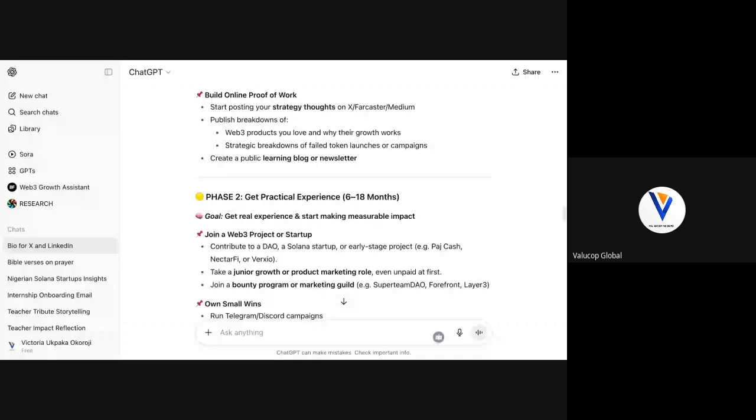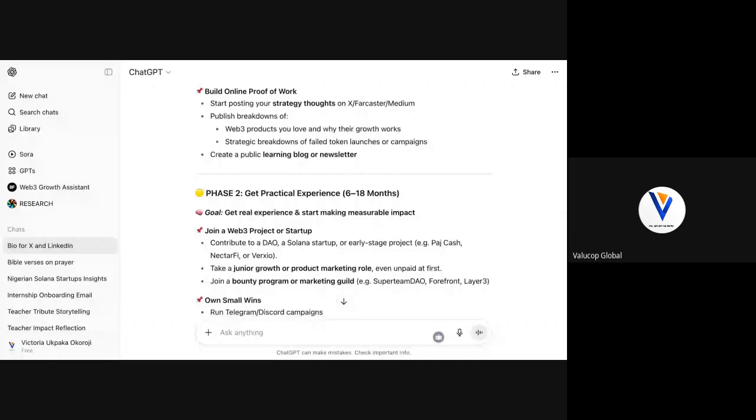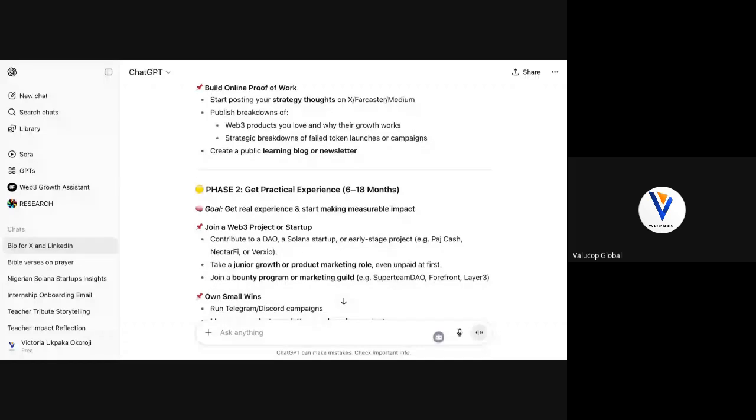As a project manager, you guys looking to go into project management, you begin to write about project management. There are so many products in the crypto space. That assignment I gave you yesterday is a very good place to start. You can look at them from the project manager's eye. I'm sure there are things you know about project management. Even though you're not on the team, you can say, for a product like this, these are the things that can make it work. I don't know how you guys think about project management; it's not my area.